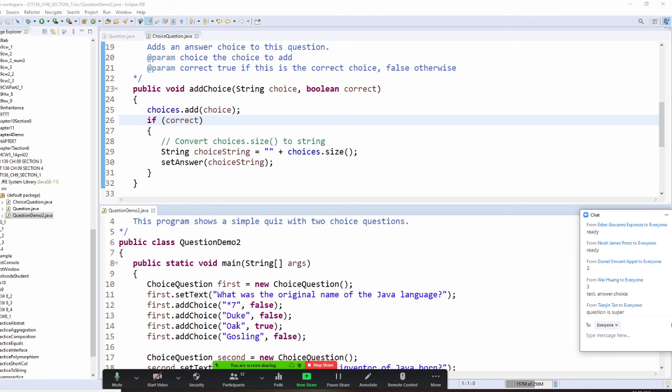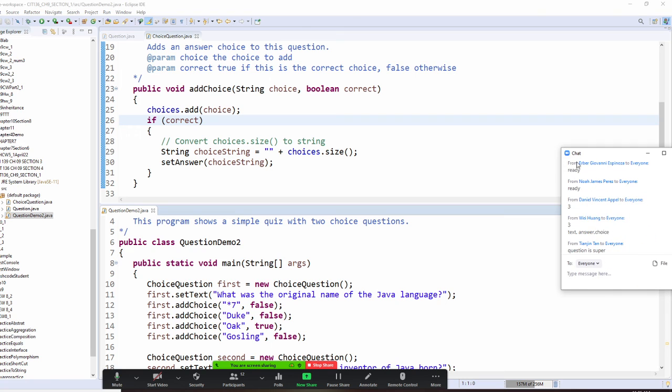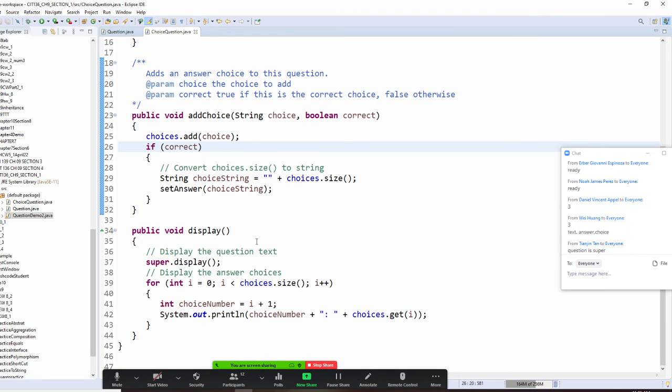If I go to add oak, I need to add anyway. No matter what, I need to add. I add oak. But oak is true. So my answer, I set the answer, will be oak. Do you understand that? Yes or no? Okay? Alright. So I hope you like this question, and I hope you understand more about